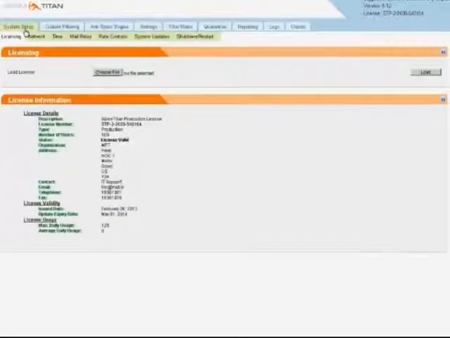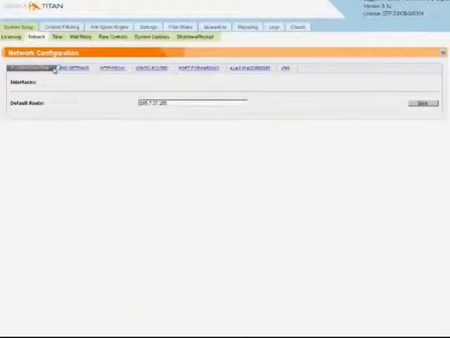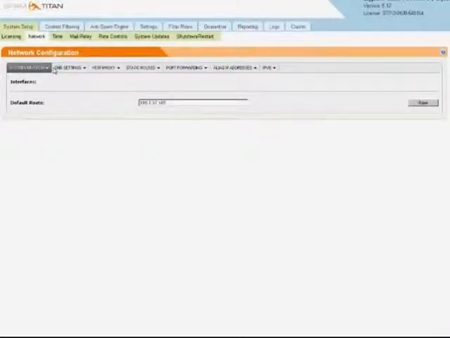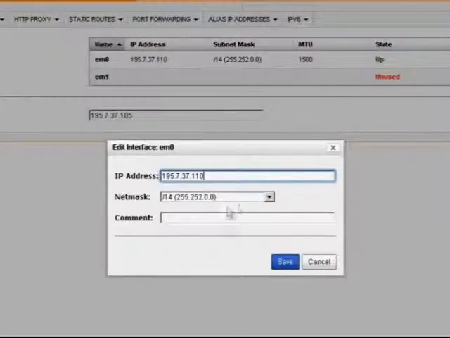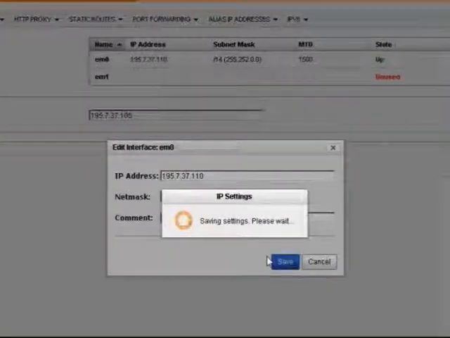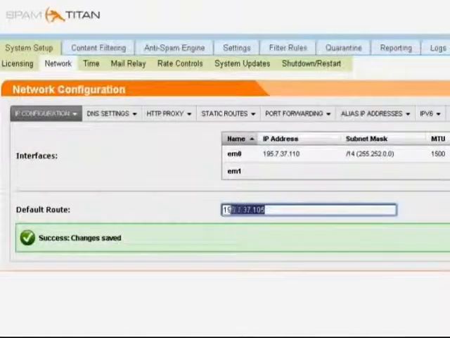When you download SpamTitan, you'll be sent a license. You simply load the license onto the product. Next, we need to install SpamTitan on the network. We do so by providing it with an IP address and the subnet mask information. We give it the default route out, typically the IP address of your firewall. We then need to provide DNS information, so inform SpamTitan of which DNS server to communicate with, and we can